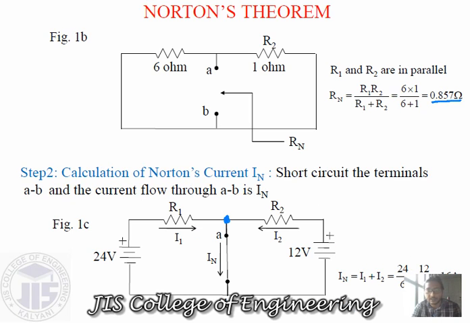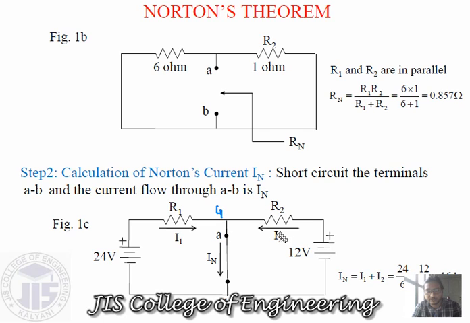Generally from the equation given over here, we can clearly see that if a 24 volt source is given, and this I1 current is leaving from that source and moving over here, there is only one resistance and no more resistance in this path. So this I1 current is obviously 24 by 6, which is 4, and over here there is the 12 volt source and this 1 ohm resistance.